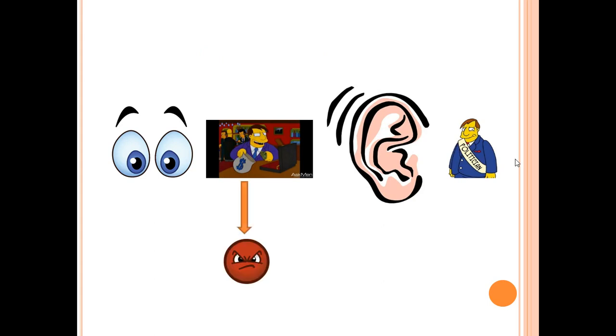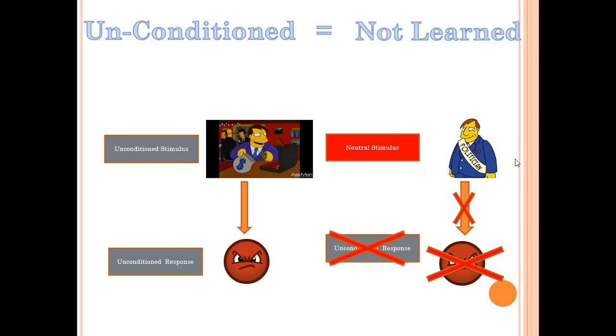They're going to create a commercial that is going to make you angry, and that's going to be your unconditioned stimulus and your unconditioned response. And your neutral stimulus is going to be the other guy, the other politician, the one that they want you to vote against. And then, just like all the other ones, they're going to put them together, and they're going to say,